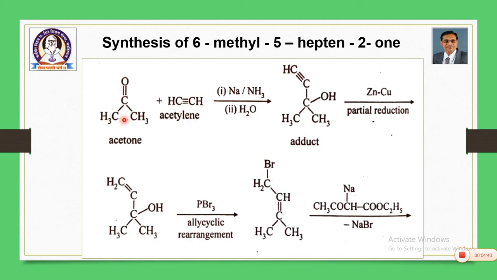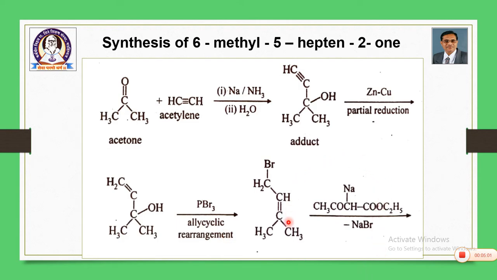So, we begin with acetone and acetylene, we get an adduct. The adduct is converted into a compound having double bond. In the double bond, OH is replaced and during the replacement the double bond is migrated. So, it is allylic rearrangement. In the next step,